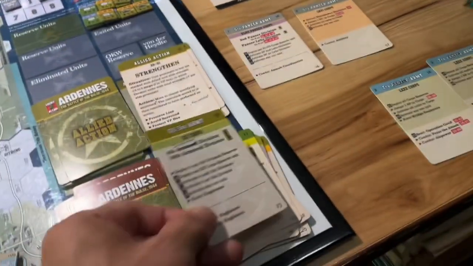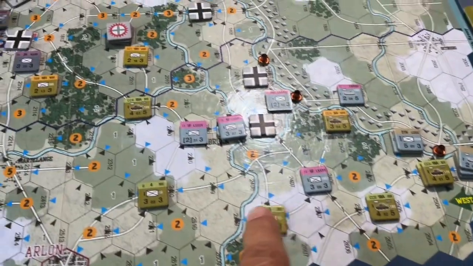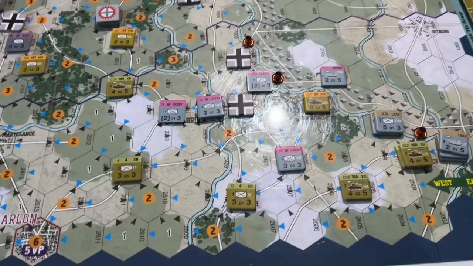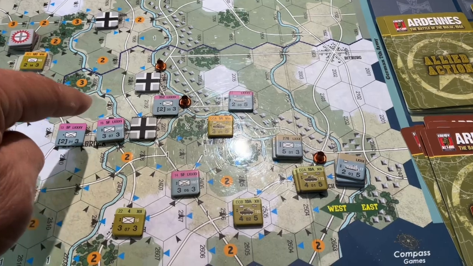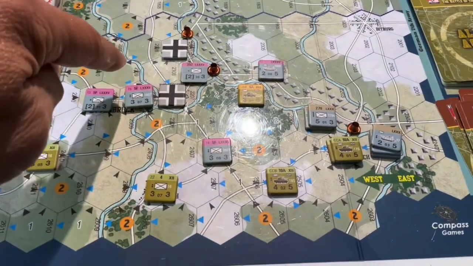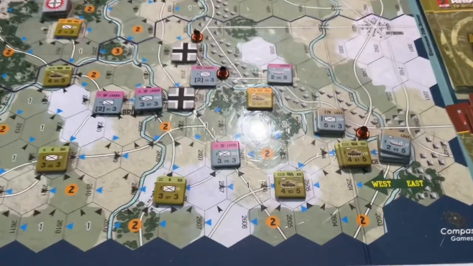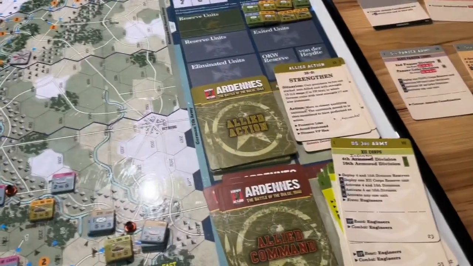So with that card, it ended up being a very powerful deployment that completely contained the bulge here, the little breakthrough I had. I will say I was fortunate enough to at least have crossed this river. Often I get pinned down on that river, the first big obstacle, and often I get pinned here. So I have at least crossed the rivers, but now my breakthrough is being contained. So that concludes that